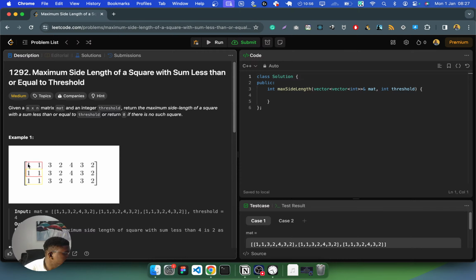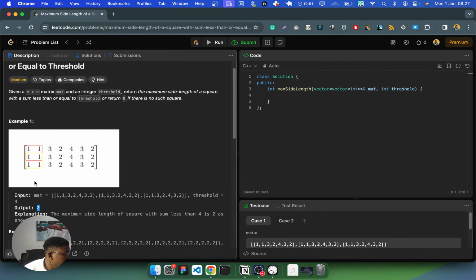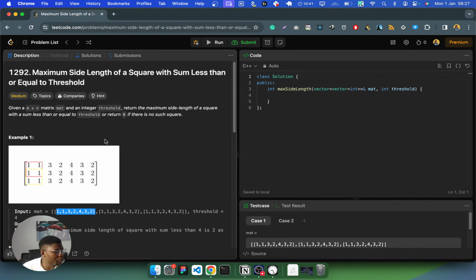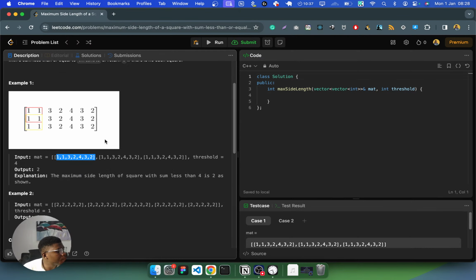It was 1, 2, 1, 2, 1, 2. It seems like all the arrays are going to be exactly the same. That's what I'm noticing here. It seems like all the arrays are going to be the same. So if eventually all the arrays are going to be the same,